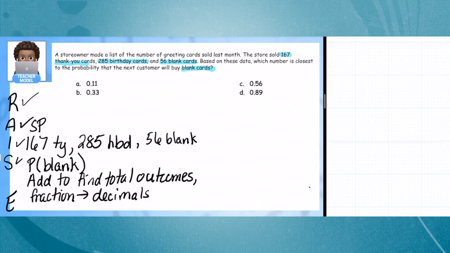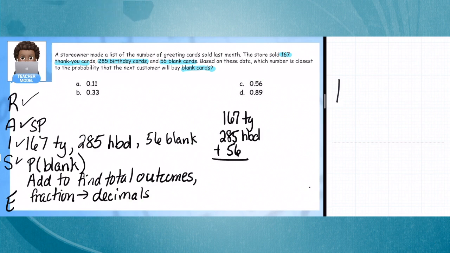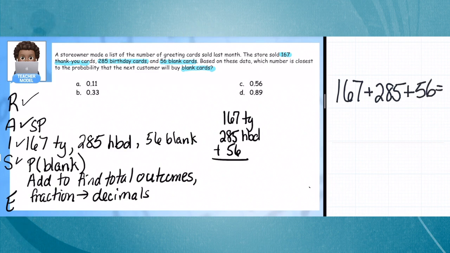So I'm going to find a total of 167. These are the thank you cards. Look how neatly I keep my work. And I do that on purpose so I can follow along in case I make an error. So I have 167 plus 285 plus 56, and that equals